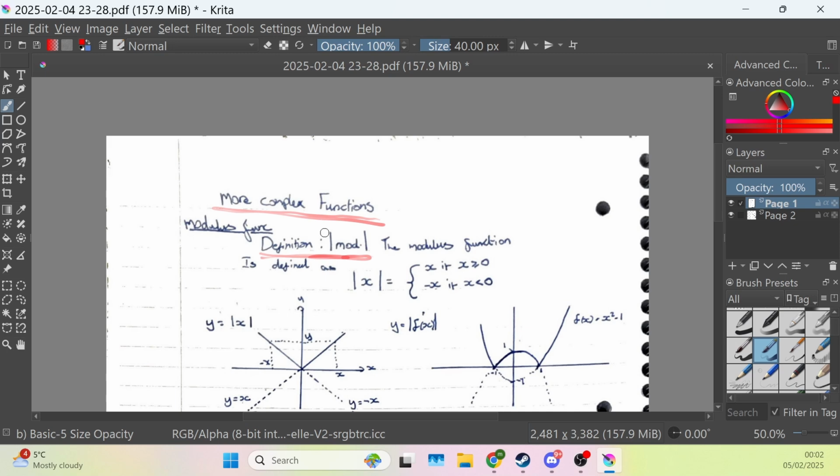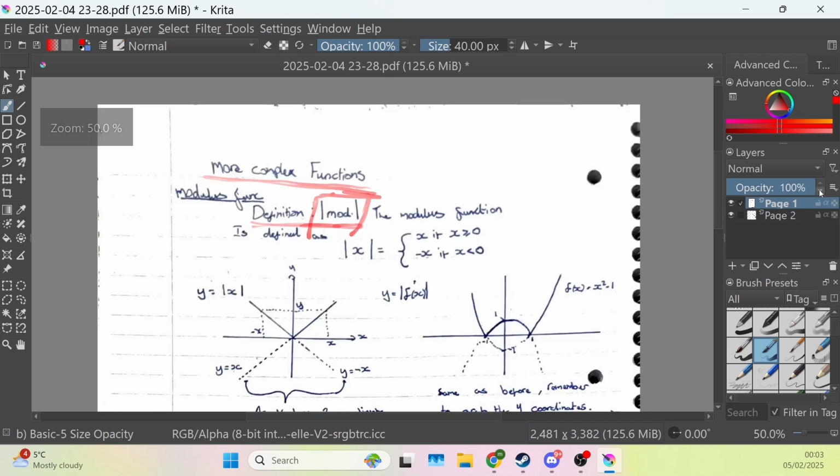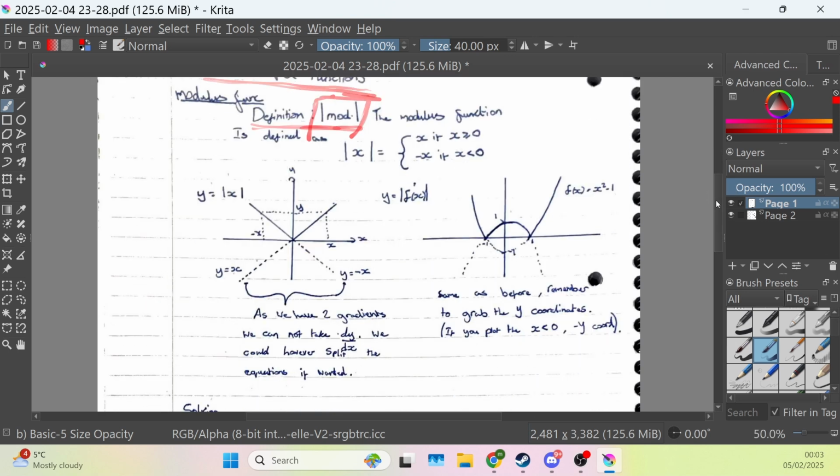So if you ever see this symbol, it means modulus, and what it's defined as is x if x is greater than or equal to 0, and minus x if x is less than 0. Over here you can see a few graphs that I've drawn just to show what the function looks like. So over here you have the line of y equals x. You can see that when it hits 0 or goes below it, we actually take minus x. And then you can see down here what we end up with is the line of y equals minus x